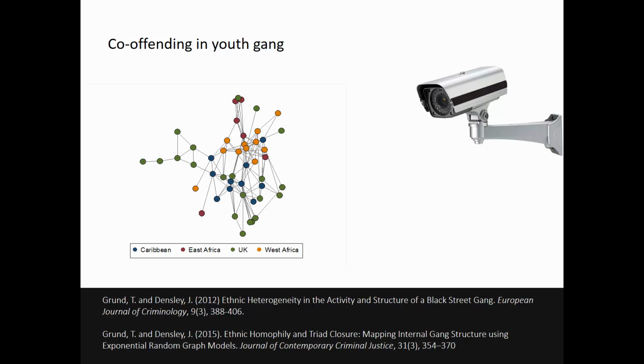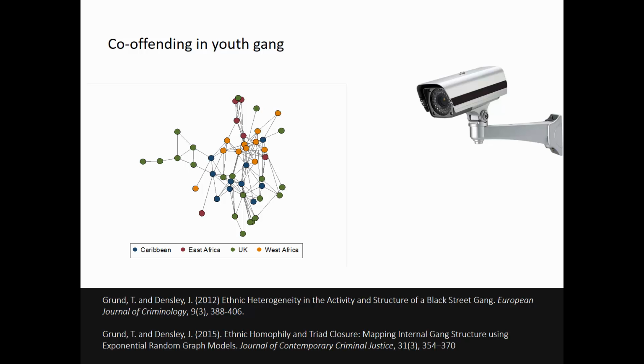That means most of the crime is not committed by single individuals, but it's committed by at least pairs or groups of individuals. They hype each other up, and then they go and they break in somewhere, or do a robbery. Often it is co-offending that happens here, and then you can represent that as a network.